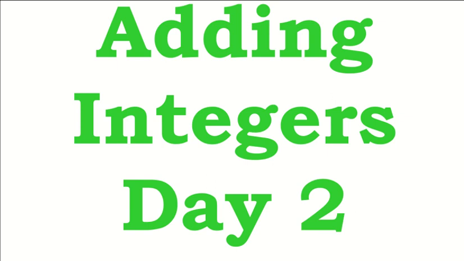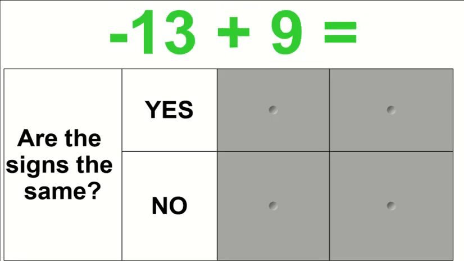Tomorrow we're going to add in subtracting, so that'll get a little bit trickier. But we'll just get a little bit of practice to do. So let's start with, if I got negative 13 plus 9, the process you kind of want to go through, your thought process on these,